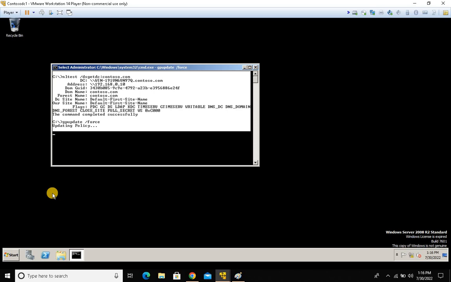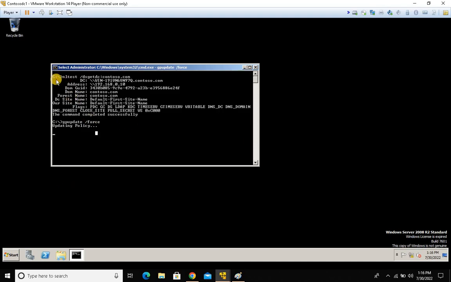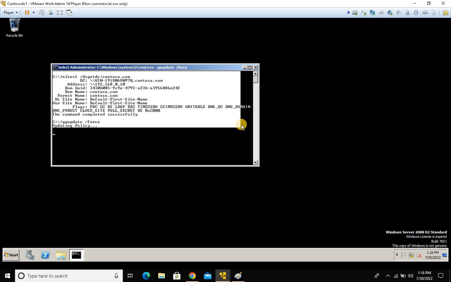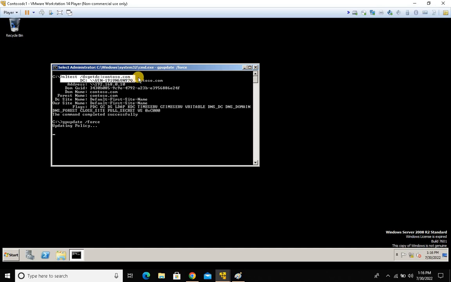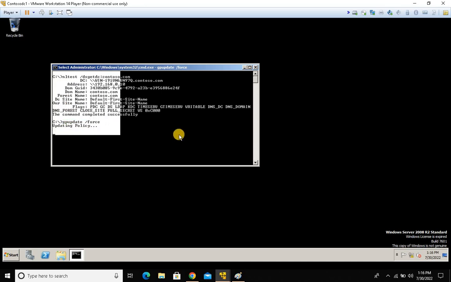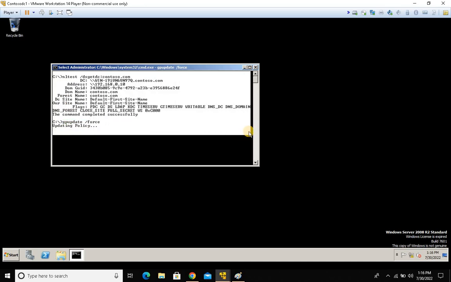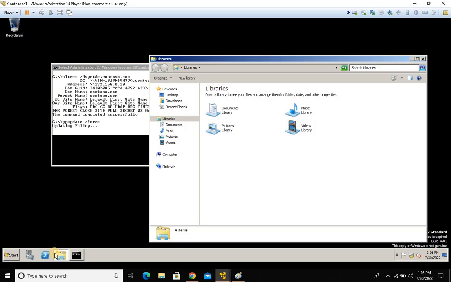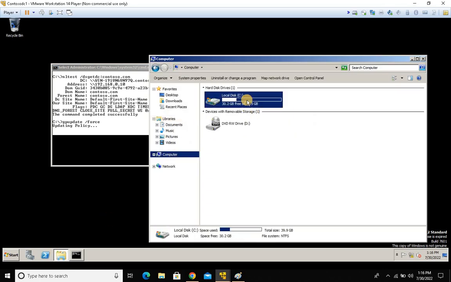If you are still getting the same error or a different error, even though you have good connectivity from this machine to the domain controller, your DC discovery is working fine, and there is no issue with the connectivity with the domain controller, then in that scenario, the logs which I showed you, the debug level logs,